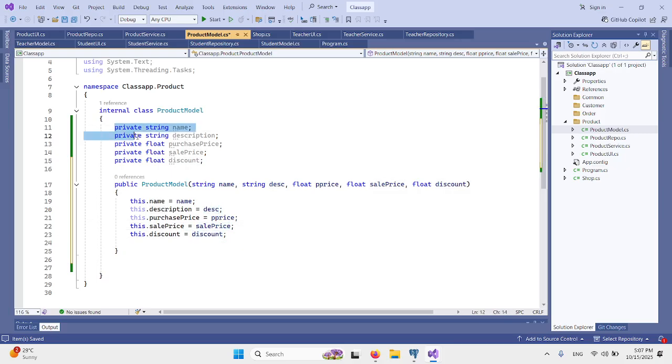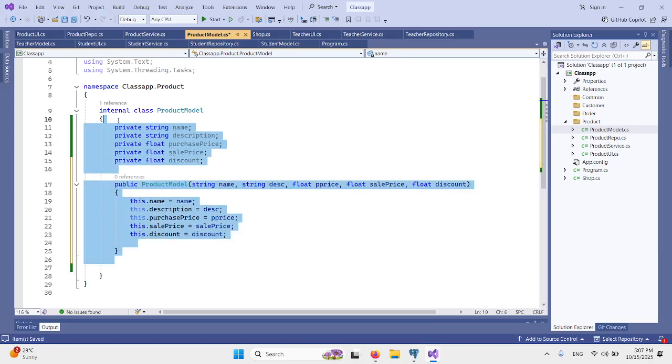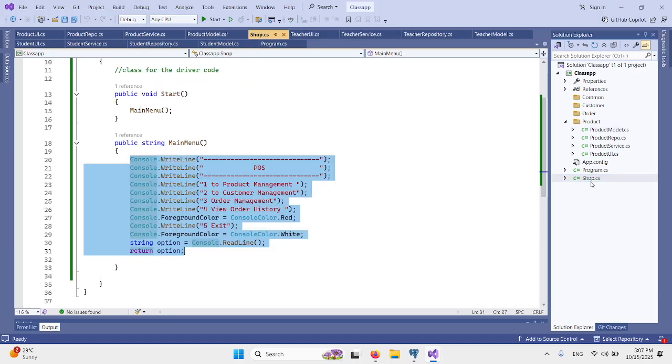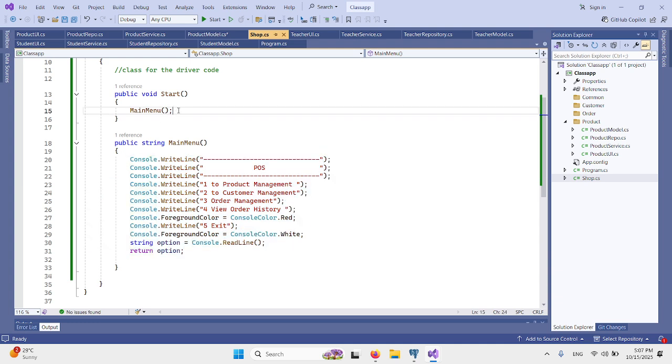Yeah, these variables are private. It means all these variables are accessible inside the class. Very good question, let me clear his doubt. These variables are accessible inside this class, but you cannot access them outside of this class. Outside means, for example, if I make the product class object here or in any other class, I will not be able to access those private variables. Let me show you that.